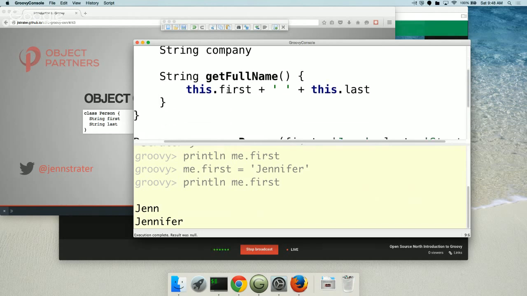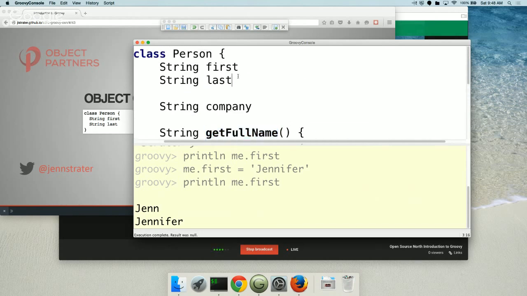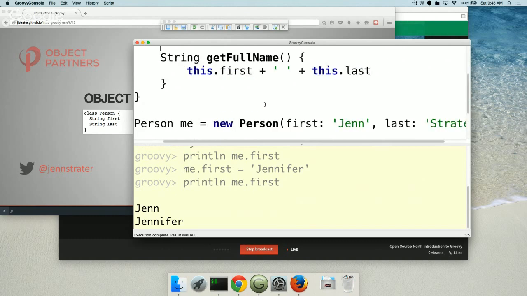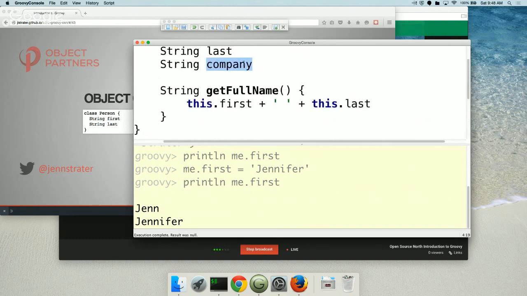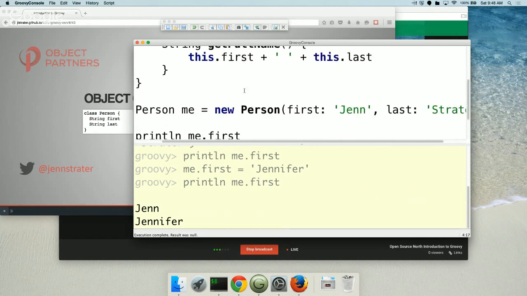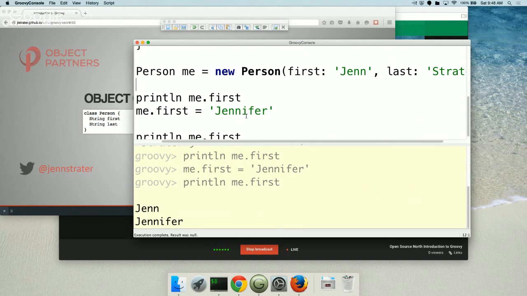Okay, so I'm doing get full name, but there's no full name defined as property. And okay, oh, the other thing I was going to show in here, so I'm adding company in, but I don't define company. I can add company later, or it'll just be null.